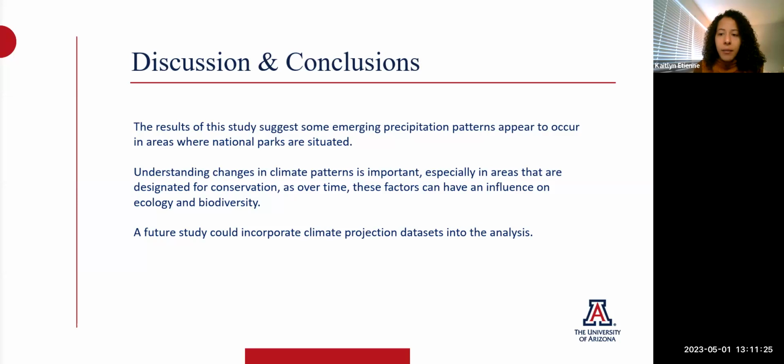I did see that in some areas where national parks are, there appear to be some statistically significant emerging precipitation patterns, historical cold spots, new hotspots, and consecutive hotspots, which points to kind of a general increase in precipitation in those areas that's newly emerging. However, I think that more research would be needed to understand what these might mean for